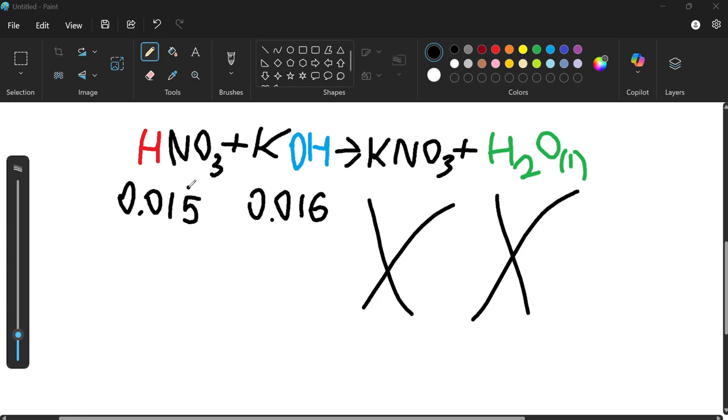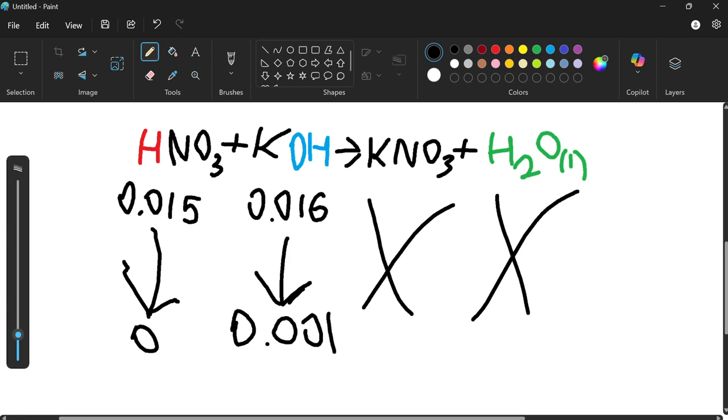Remember the balance equation we have earlier? Because we have 0.015 moles of our strong acid and 0.016 moles of our strong base, what we want to do is see how much they would decrease as the reaction goes. Because this is the limiting reagent, this will just go all the way down until it reaches 0 moles. But because the strong base is not the limiting reagent, but the excess reagent, this will just decrease by however much the limiting reagent decreases. So because this one decreased by 0.015, this one will decrease by 0.015. And if you subtract that, that should give you 0.01 moles